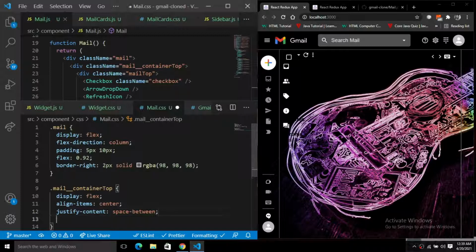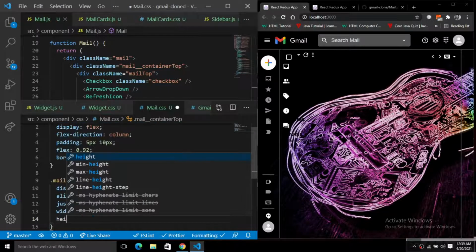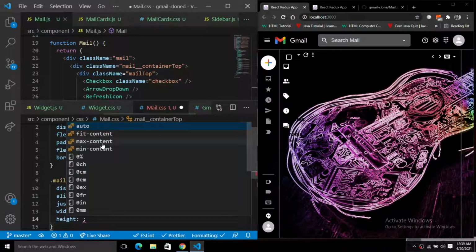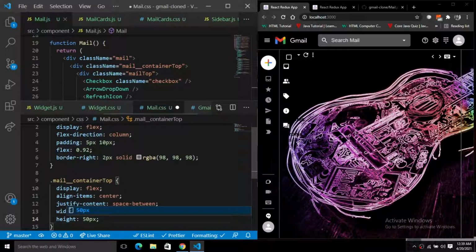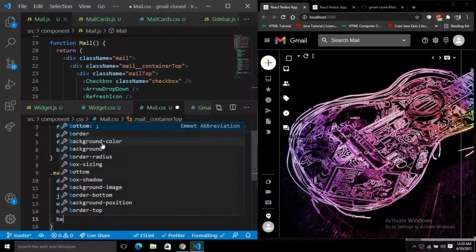Next we will simply give the width of 100%, so it takes the width of the parent div. That's why we have given this, and just give the height of 50 pixel, and just give the background color.